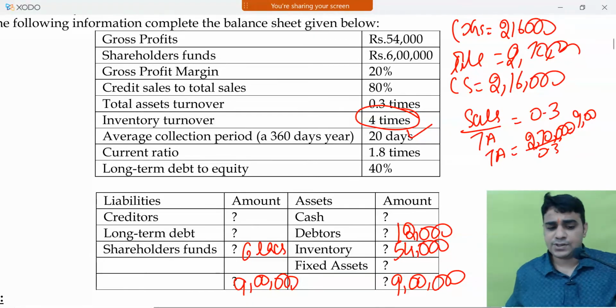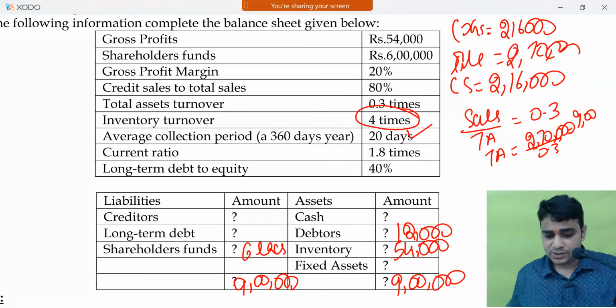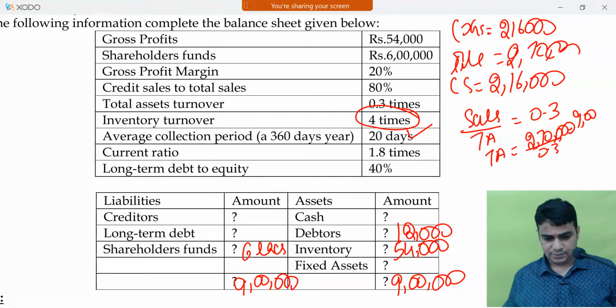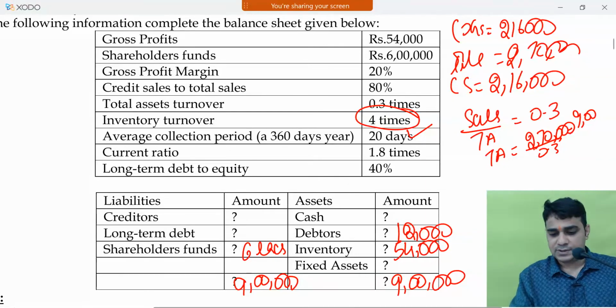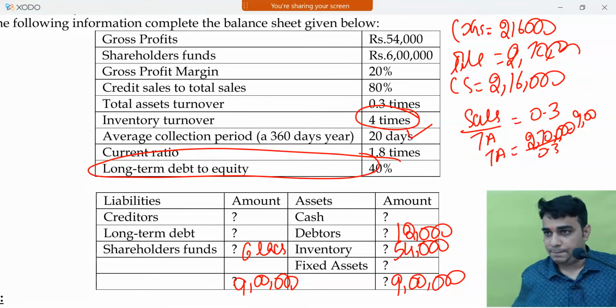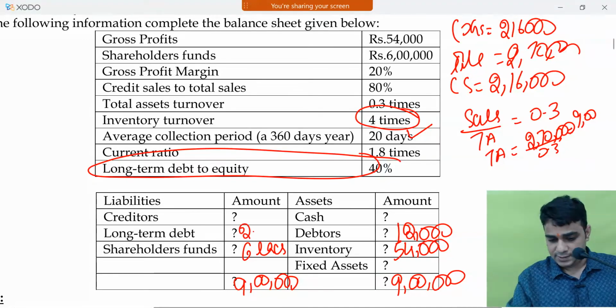Current ratio is 1.8 times, which is your current asset by current liability. Just give me a minute. Okay, I'll come to this. I'll just quickly close this first. Long term debt to equity is how much? 40%, which means my long term debt is